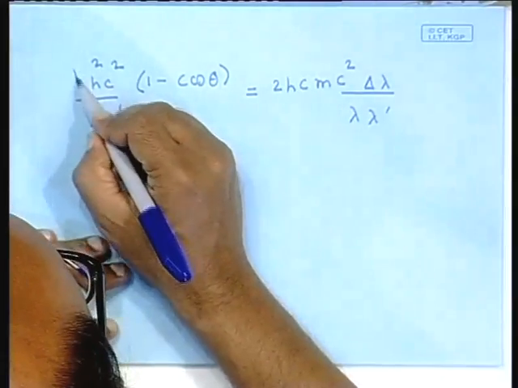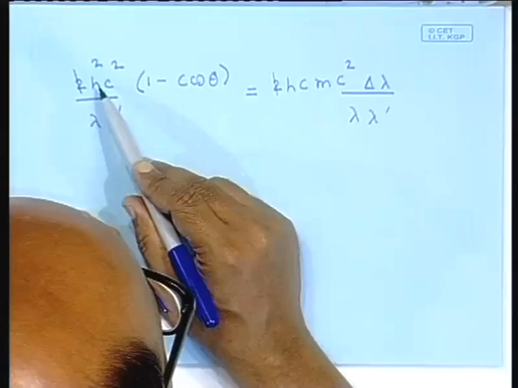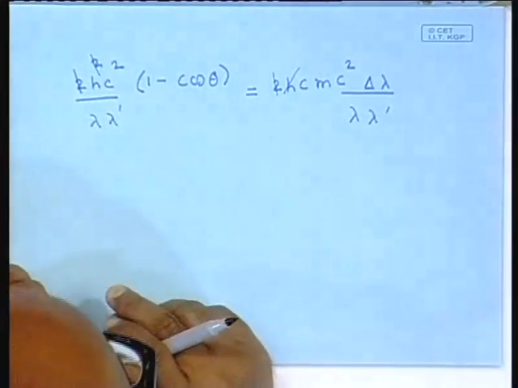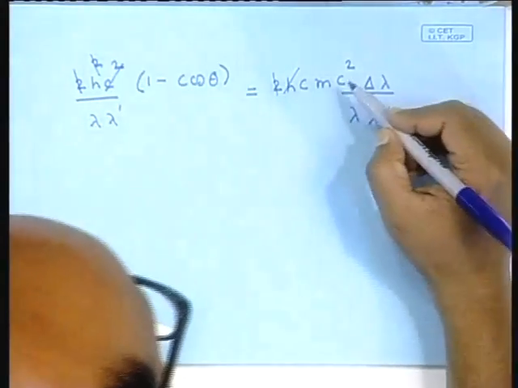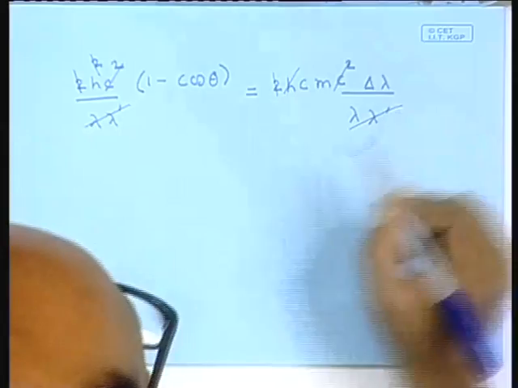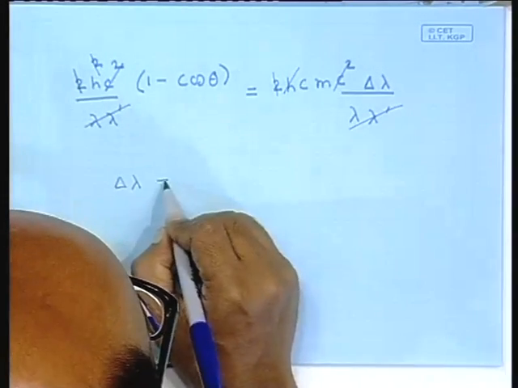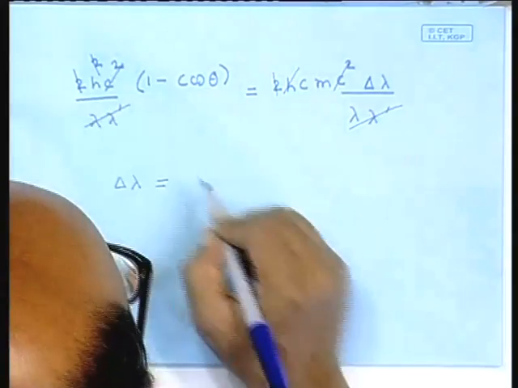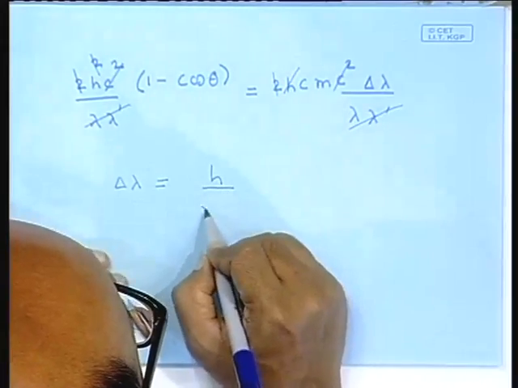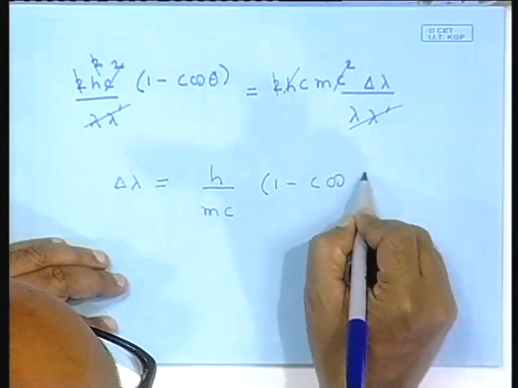And this factor of 2 is gone, one of the h over here is gone. So, this h square is gone, this c square cancels out with this c square, this lambda lambda prime cancels out over here, and what we are left with is delta lambda is equal to h by mc into 1 minus cos theta,